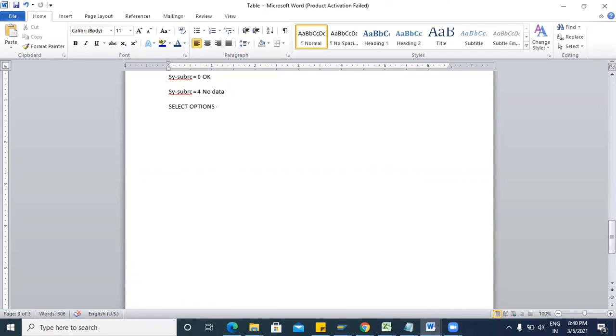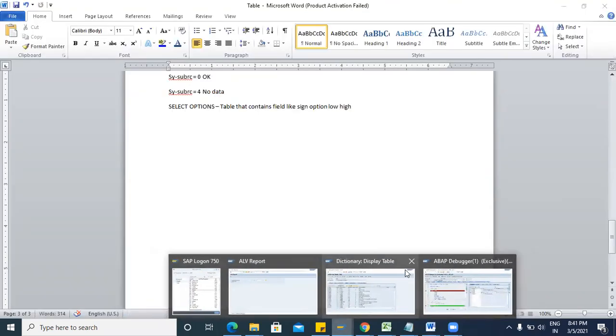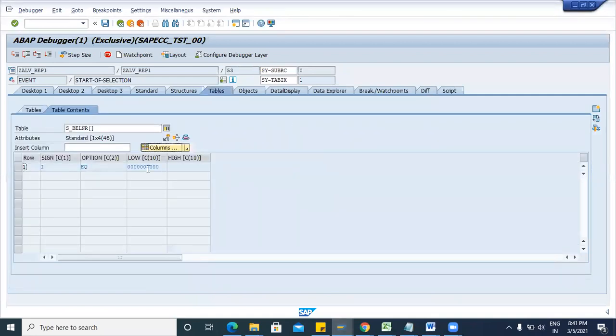Select option is a table that contains fields like sign, option, low and high. So here you can see sign is for I or E, include, exclude.